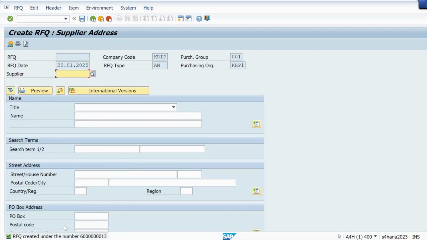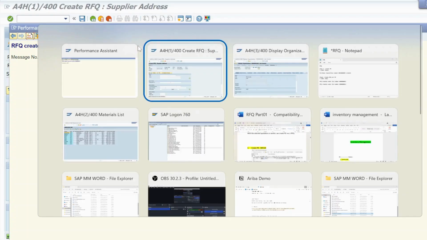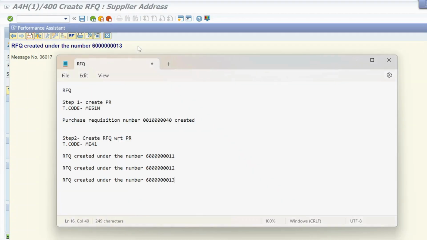Yes, so this is my RFQ number that I will copy and I will paste it here, right? So that we have sent it. Step 2 is create RFQ, and that RFQ, request for quotation, in ME9A we will just print and we will just send to that supplier, and we can send through mail, we can send through fax